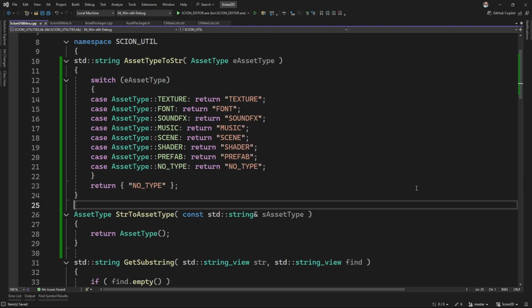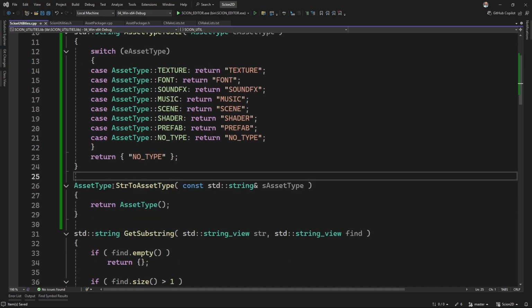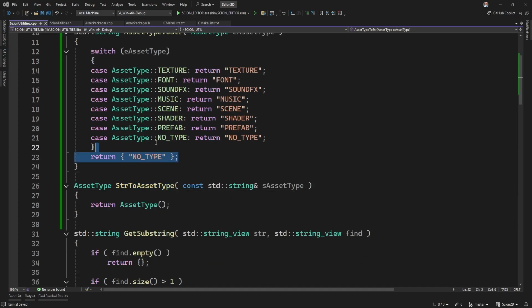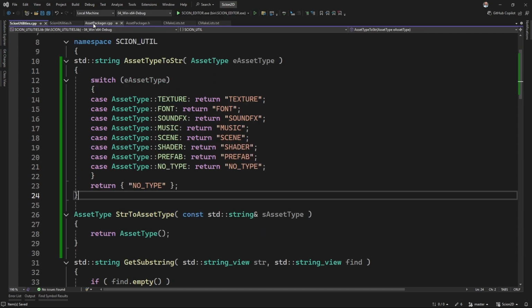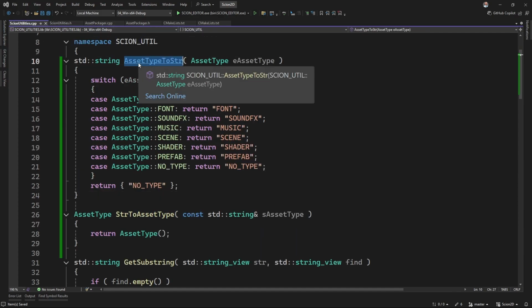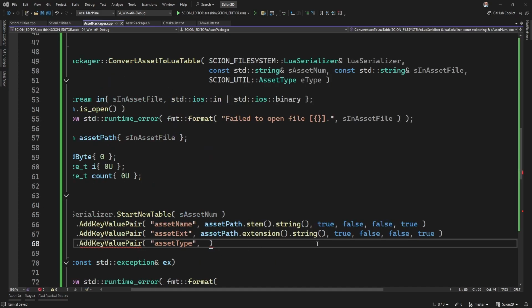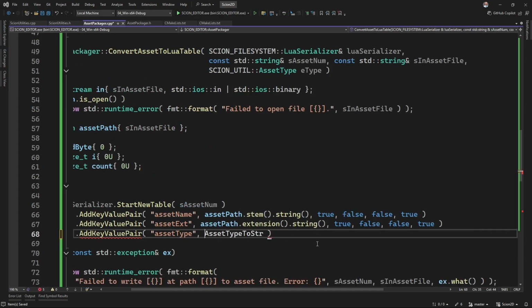Cool. And then we want to do something similar for this, but we don't need this right now. String to asset type. We do need this, so we'll take that as a little challenge for yourself. Just try to implement this. All right, we can go back to our AssetPackager.cpp and we can use this function. So let's grab this, go back here, take this. This will be Scion util,